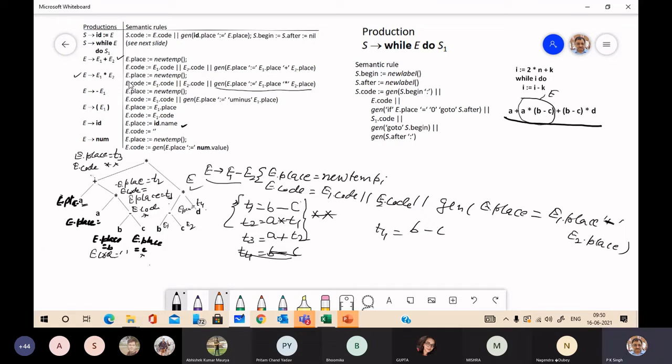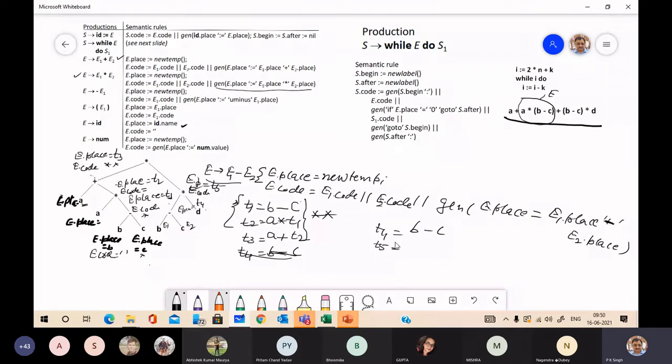Just see this very production, it will generate a new temp, that is E.place here is T5. We have already generated T4. And E.code is E1.code of this, as well as E2.code of this node, followed by this code. E1.code is this. We don't have E2.code, so we can now write this three address code.